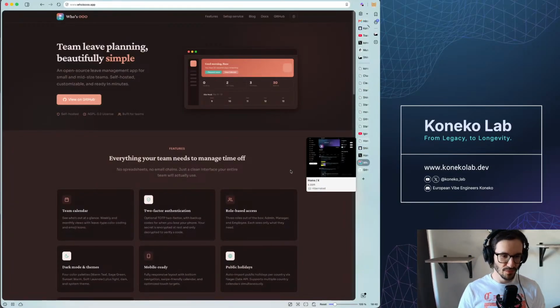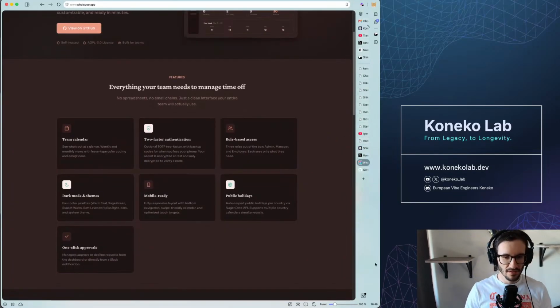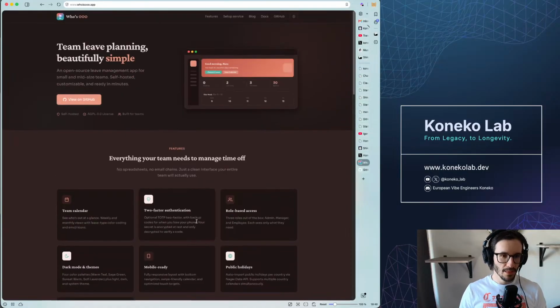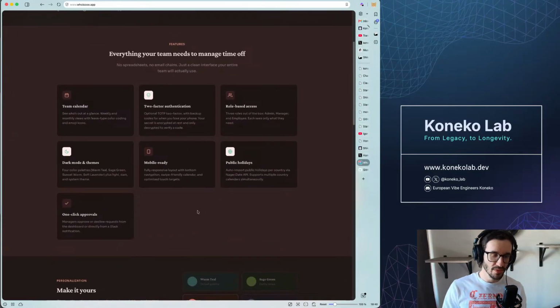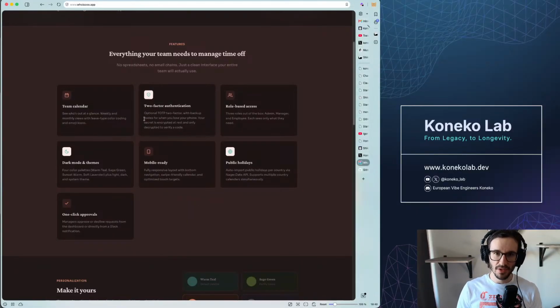But sorry, I almost forgot. So, features. For those who are new, they may not know, but the Who is Out of Office application provides a team calendar. It has 2-factor authentication to increase the security level, which is very important nowadays. It is mobile ready. It means that I put